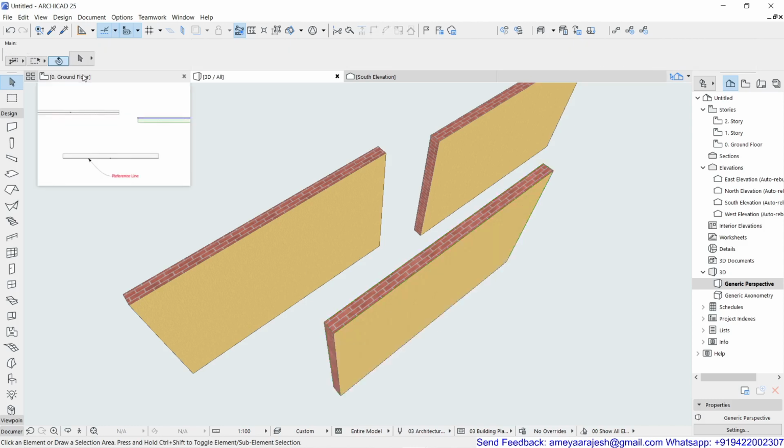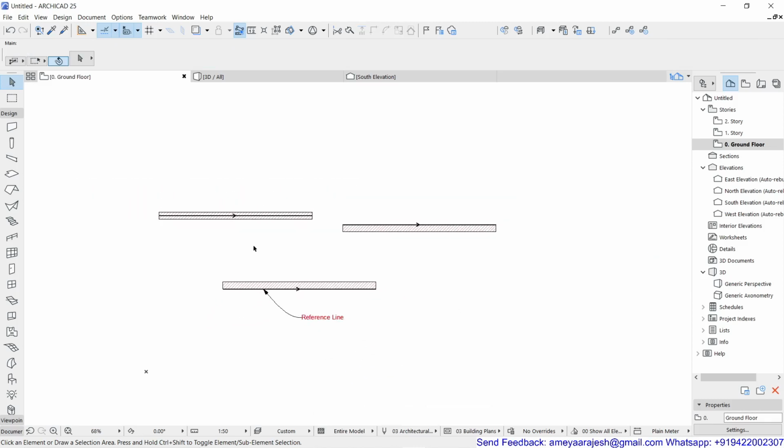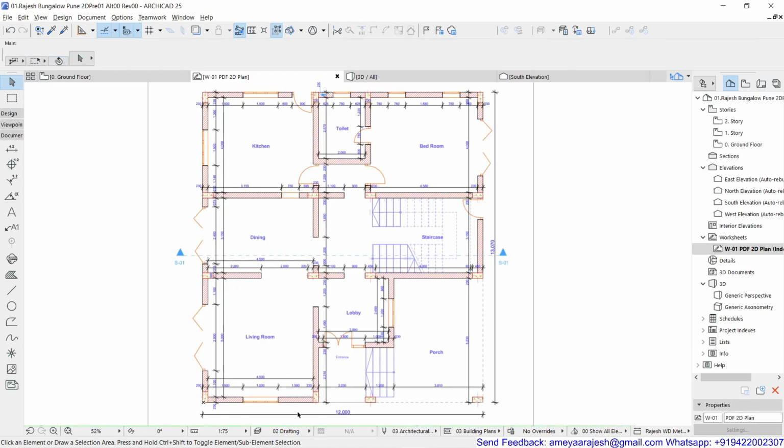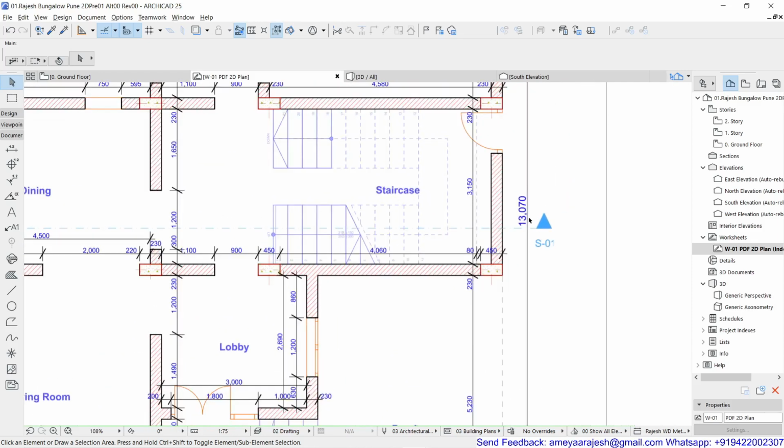So back to floor plan, and now as we have decided that we will be working for this floor plan, and the outdoor dimension was noted as 12 meter by 13070, so 13.07 meter.